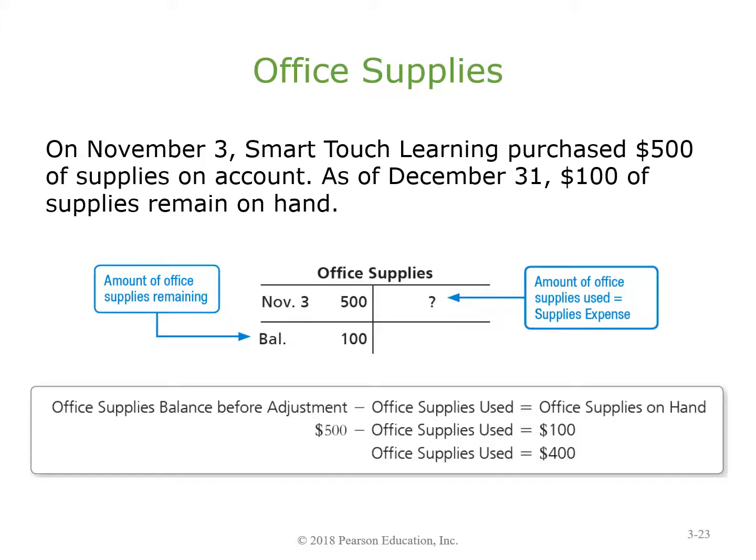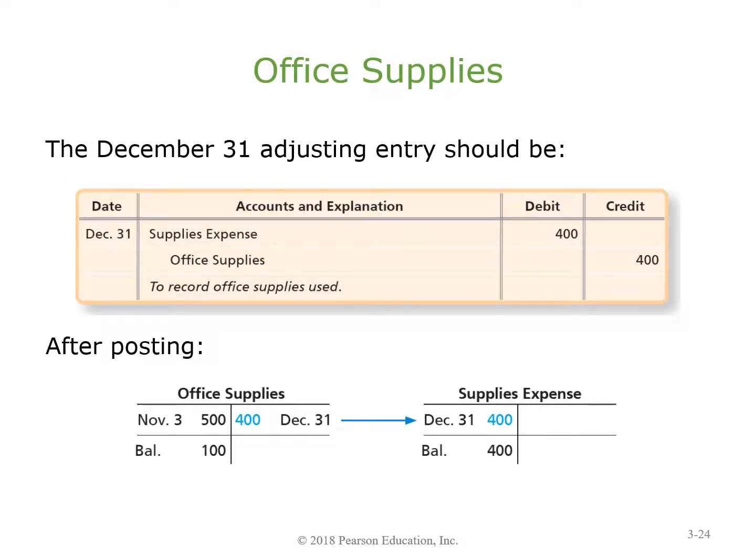So now we need to move $400 out of office supplies into supplies expense. That's the adjusting entry to update our supplies. So we'll debit supplies expense and credit office supplies, and that will get our balance down to the correct $100. All right,